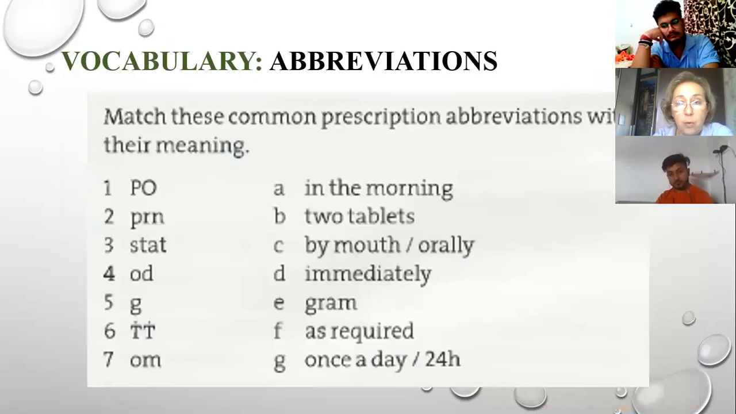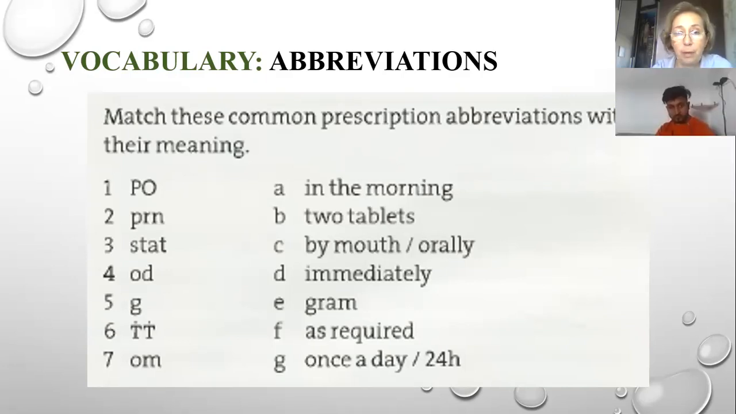And so here is the information about abbreviations. These are common prescription abbreviations that are commonly used. If we have a look, there are two columns. In the left-hand column there are abbreviations, and we should match them with the definitions, with the meanings which are given to the right. And if we have a look at the first abbreviation, which shows PO,